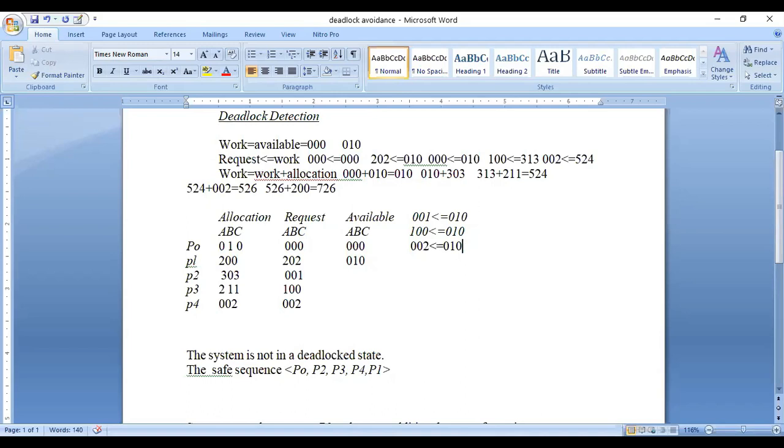Is it clear? How to detect the deadlock? So here a deadlock arises among processes P1, P2, P3, P4. But P0 is in a safe state, so it will be executed. But P1, P2, P3, P4 are entering into the unsafe state. So here not a single process is executed. So this means nothing but deadlock detection. Here we detect the deadlock for the processes P1, P2, P3, P4. Is it clear? Deadlock detection, how we can detect the deadlock?